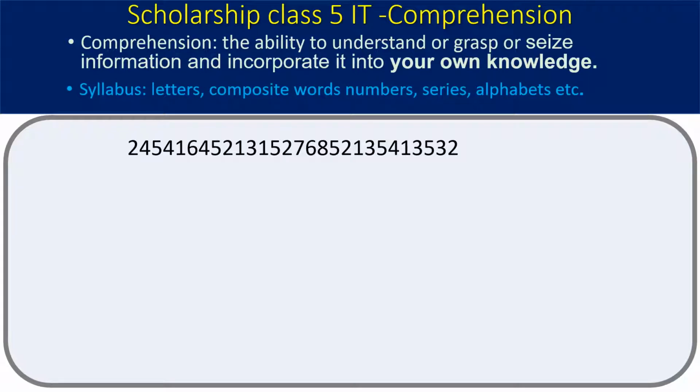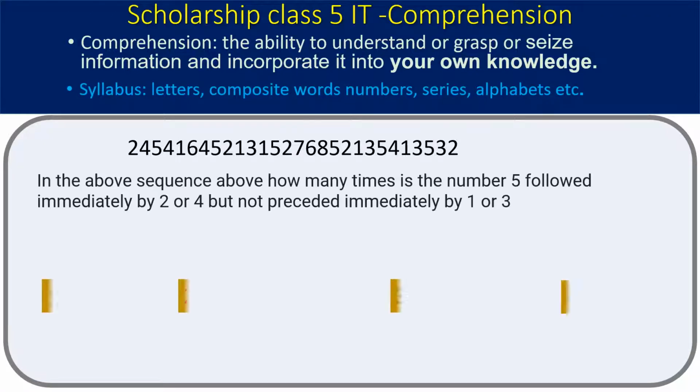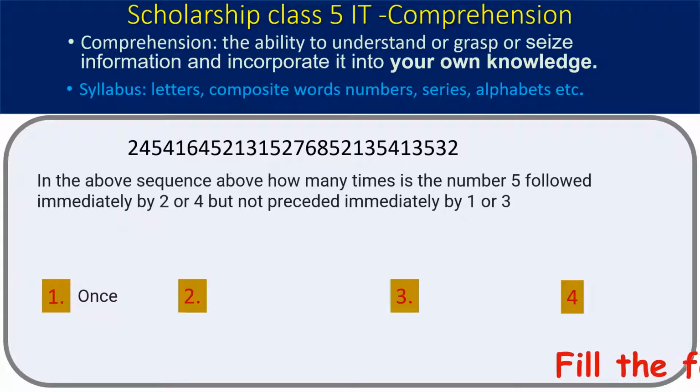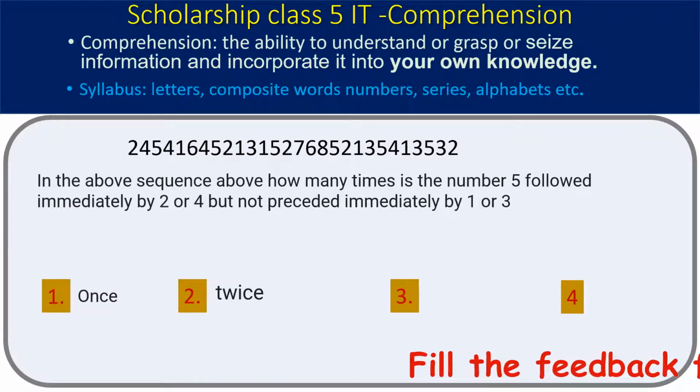Here is another question. A series is given. Let us read the question. In the above sequence, how many times is a number 5 followed immediately by 2 or 4 but not preceded immediately by 1 or 3? So the question is very peculiar. We are asked to find out with respect to 5 it is. It is given that